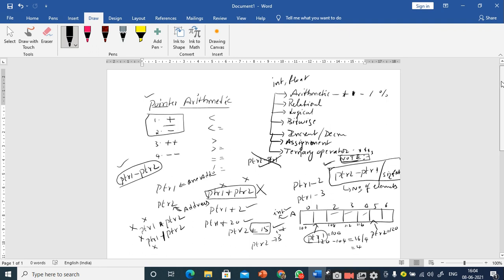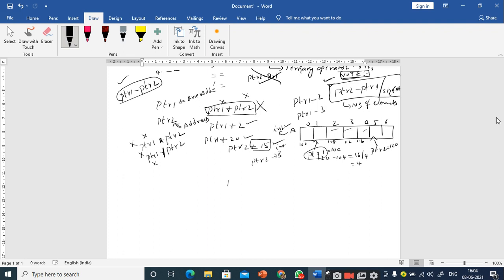Now, in this example, what is the value of ptr1 I have taken? 104, sir. Now let us see what happens if I increment it, ptr1 plus plus. Since it is an increment, it is equivalent to ptr1 plus 1. Am I right or not? Yes, sir.